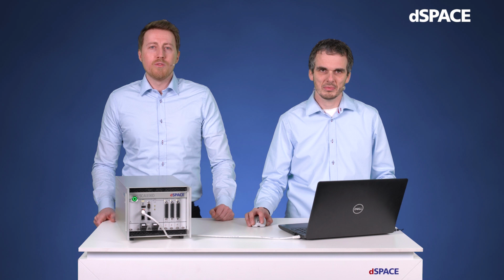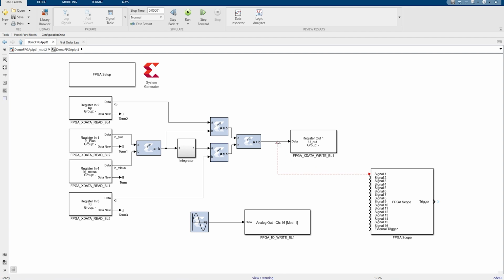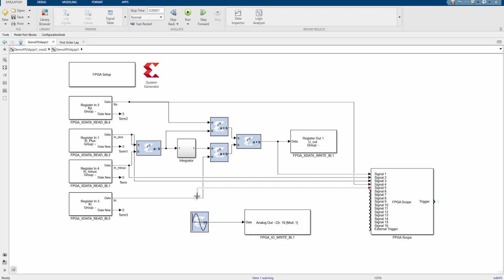When FPGA models are getting more and more complex, you probably would like to verify if the FPGA application is operating as intended, or to debug the application when something is not operating as expected. Since 2022, the FPGA block set is offering a mighty tool for this purpose, the FPGA scope. What is the FPGA scope? The scope allows live monitoring of FPGA signals at full FPGA rate directly in ControlDesk, comparable with an oscilloscope. You can connect multiple signals with the scope and decide at runtime which of these you like to monitor. If you need fewer signals than the block offers, no problem, just leave the ports you don't need unconnected.